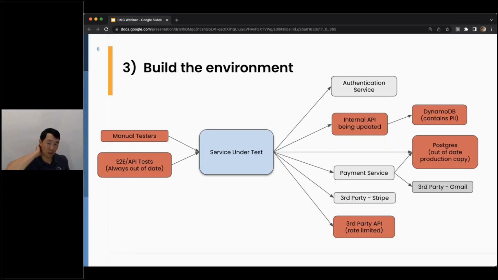But the third step is the environment, and arguably the most critical. The environment encompasses the backend dependencies as well as the data that you want to replay. When you're replaying traffic, the backends have to contain the same data and the same data state as when the traffic was recorded. Now, this is not a new problem. This is the same problem that exists when you're running tests as well.